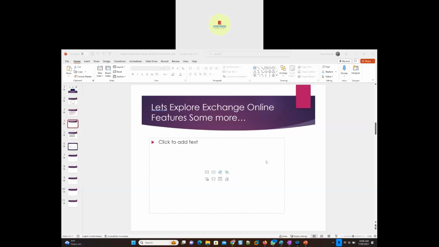Alright, guys. So this is week 12, and we have gone through Azure Active Directory, and its new name is Identity in Azure, in the Microsoft 365 Admin Center. And now we're on to Exchange, and we have actually talked about